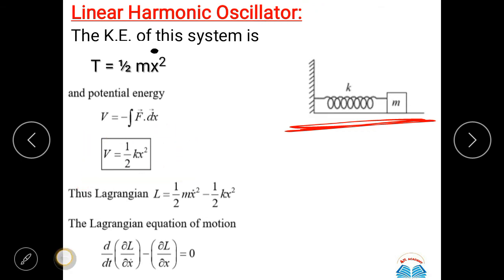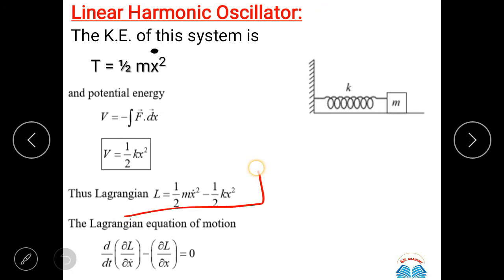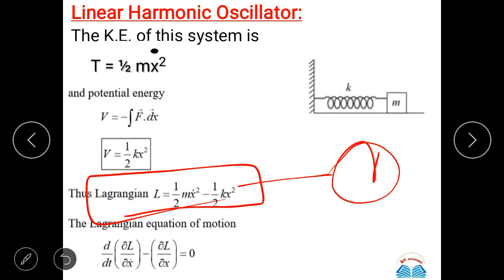And what is the Lagrangian now? We know that the Lagrangian L is T minus V. Usually it is L, which is the difference between kinetic energy and potential energy. So it is T minus V. Just put in the values of T and V, and we can get the Lagrangian for this system. Now, let's say this is equation 1. Now we have to